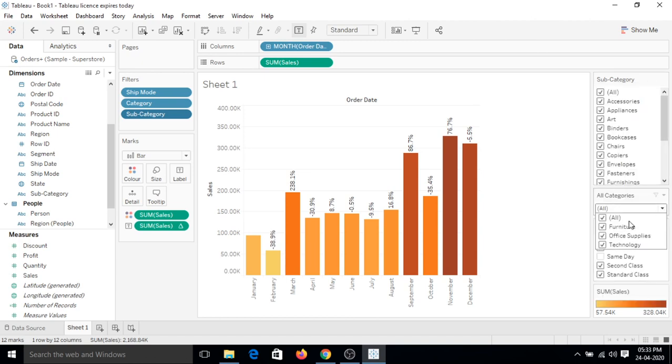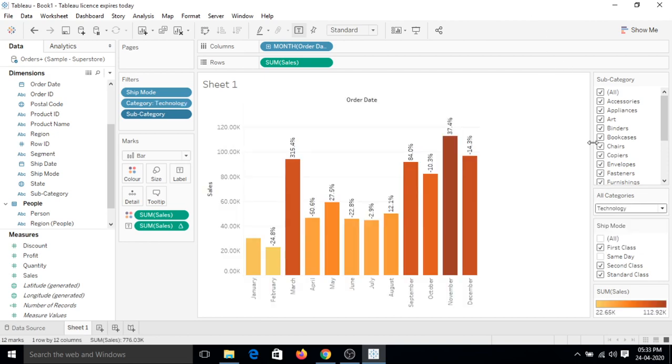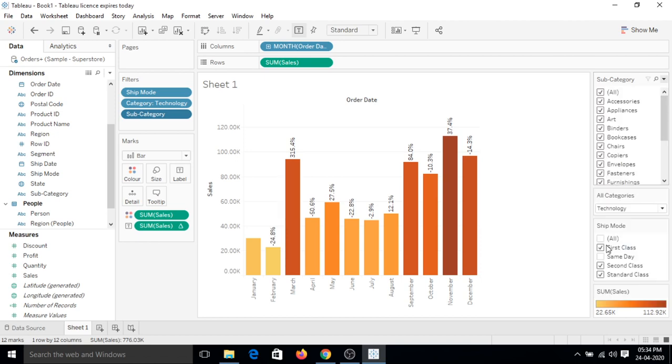Let's click on all categories and just check technology. So you can see under technology everything is coming: accessories, appliances, art, binders, but actually those are not there in technology. But if we want the filters to be updated as per the all categories filter, what we have to do is go to this drop down and select only relevant values.